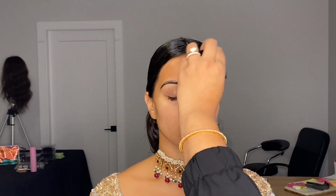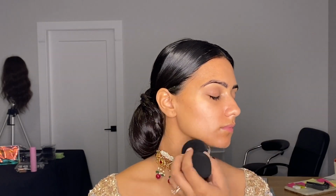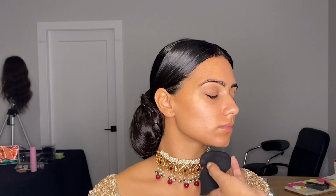Now I'm just pushing in the excess. I let it set for about 5 minutes before I blended it out. Turn towards me, Savina. And I'm really pushing it into the skin. If you look at her skin right now, it looks super hydrated, super, super glowy, and it's ready to be